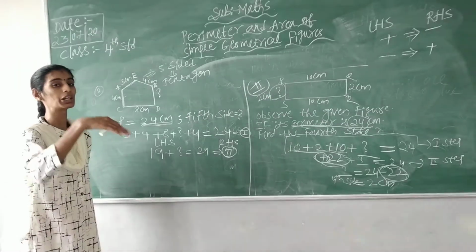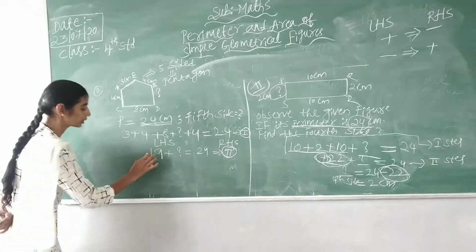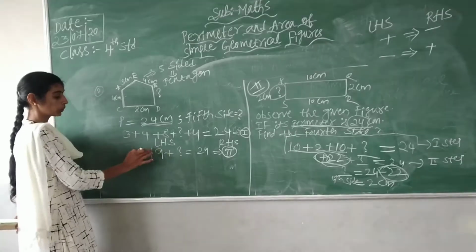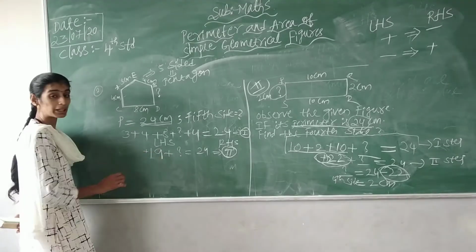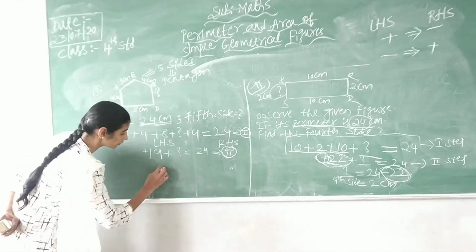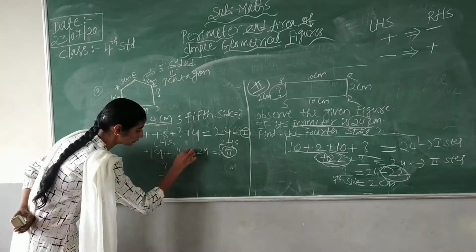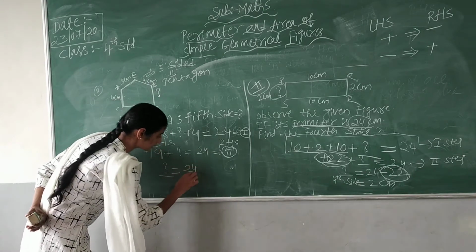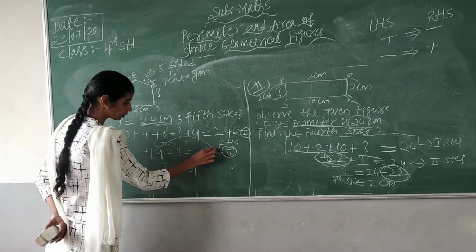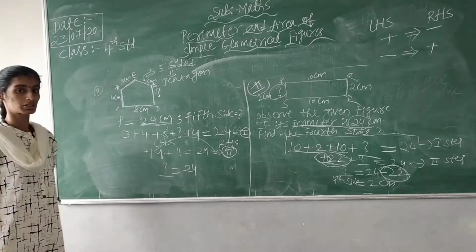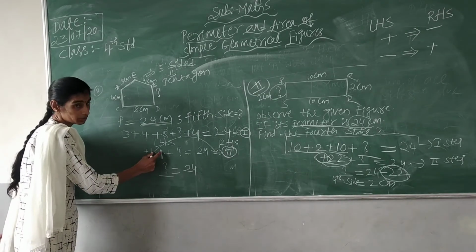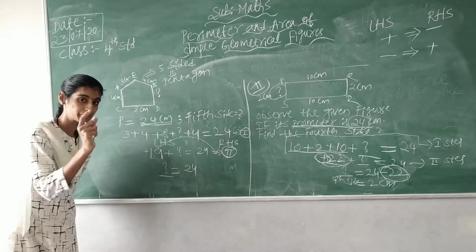Shifting. Third step is shifting LHS value to the RHS. So what is the value here? 19. If it is given only 19, what sign will it have? By default, its sign will be plus. So question mark as it is, equals to 24 as it is. Now this 19 we have to shift to the RHS. For shifting, I have told you value will remain same. Value 19 will remain as it is, 19.